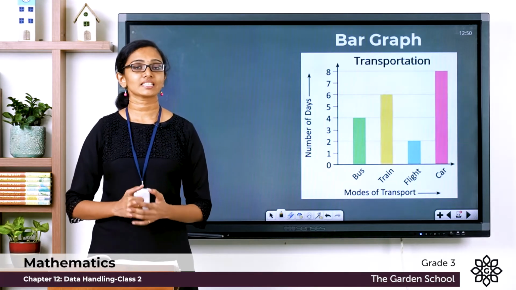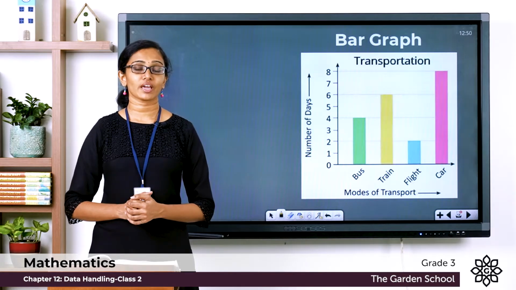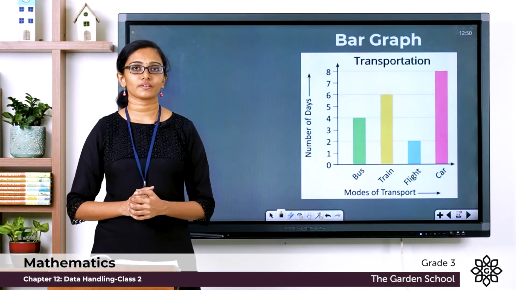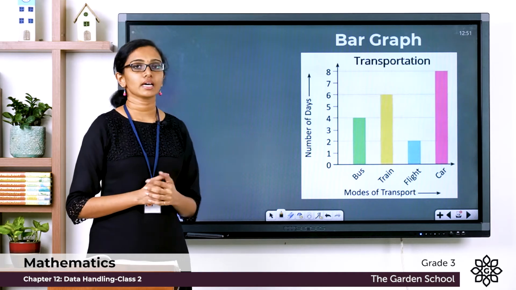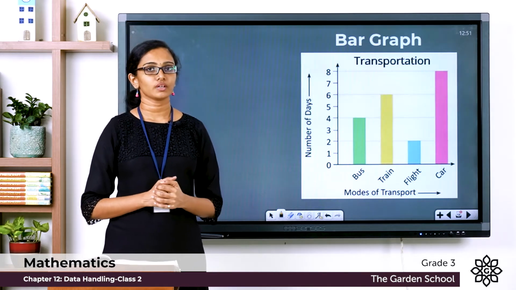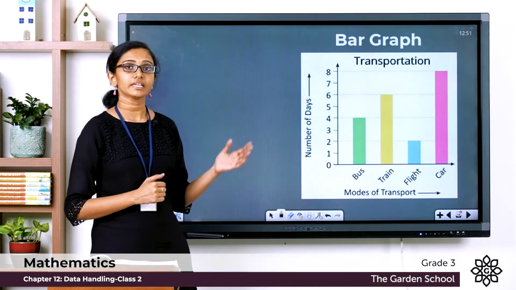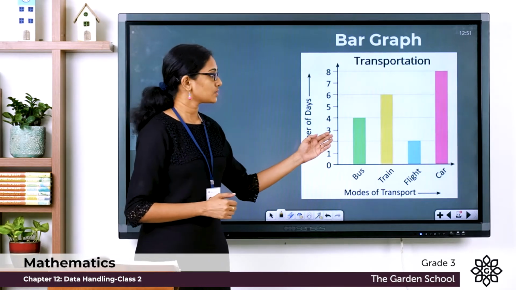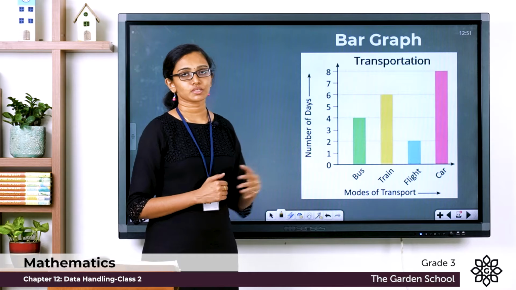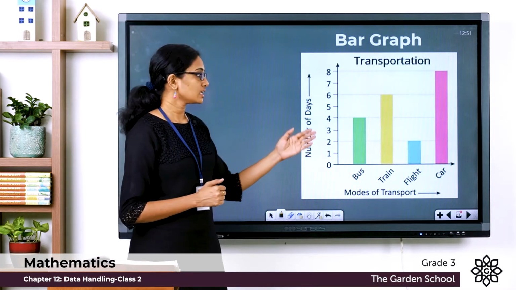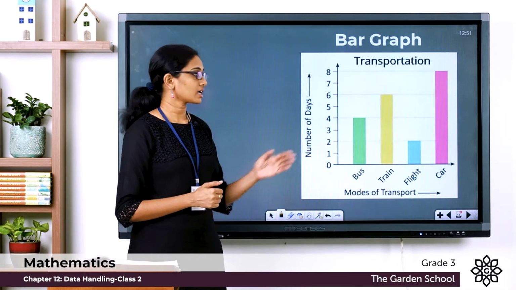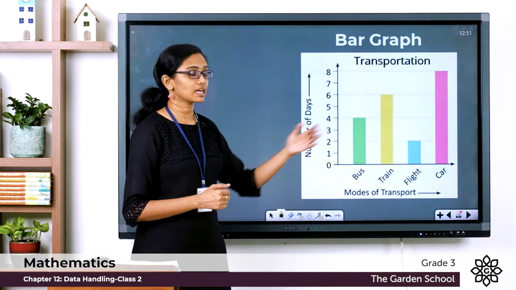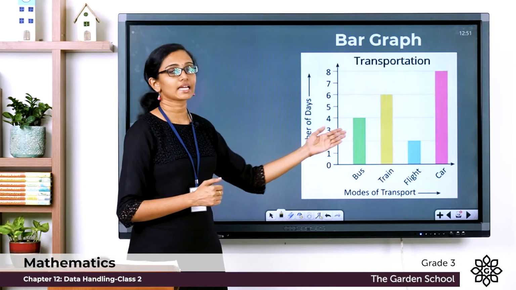Let's learn the next method of data representation today. It's called bar graph. So what you see here is an example of a bar graph. As you can see, here in a bar graph, data is represented in the form of rectangular bars or strips. And you can see these bars or strips are equally spaced but differently colored to represent the different category of